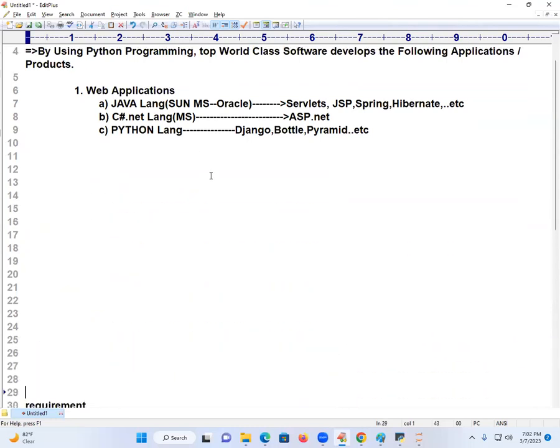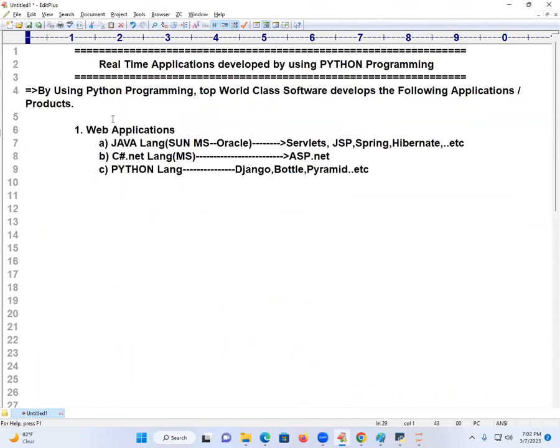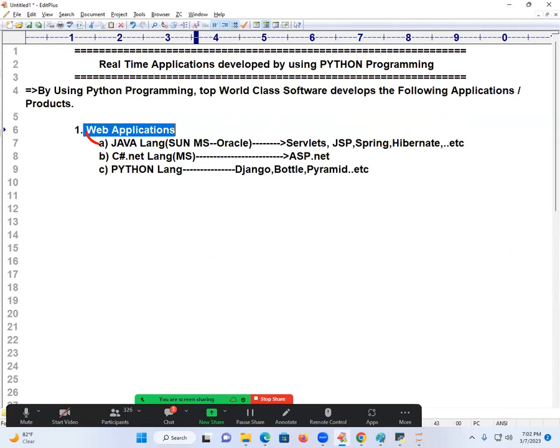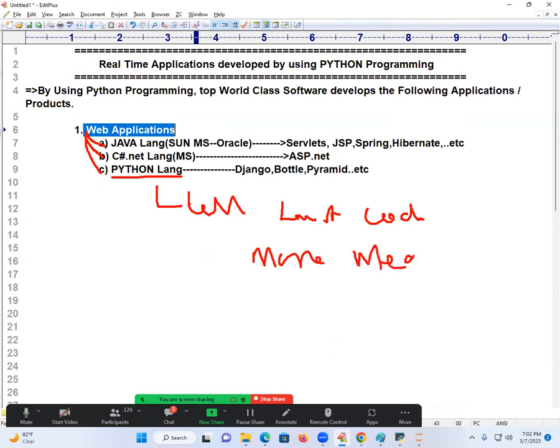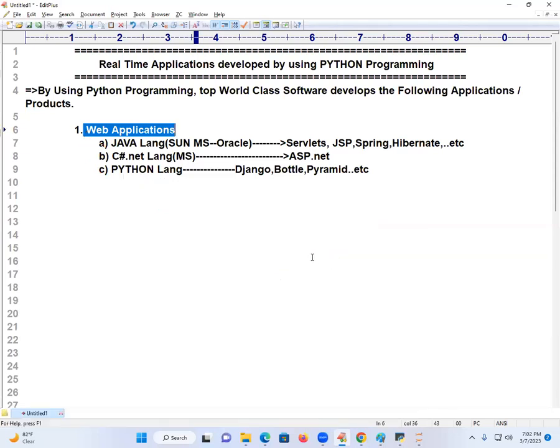Now I am going to conclude my sentences. Python is used in which applications now? So developing web applications with Java, C#.NET and Python, which one is easy? Python is easy to develop because we are writing what? Fewer lines of code, and more meaning is present. More meaning is present. Are you able to follow? Fewer lines of code and what? More meaning is there. That's why Python is the first choice language for programmers these days. Are you getting my point?